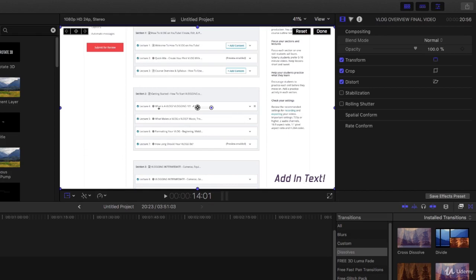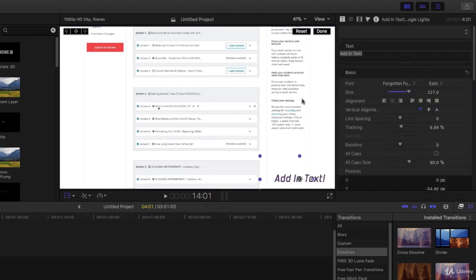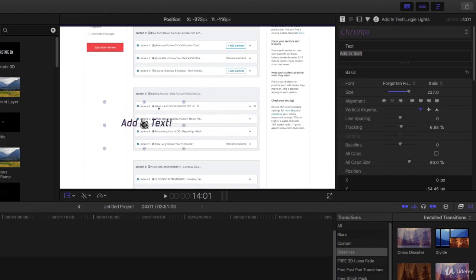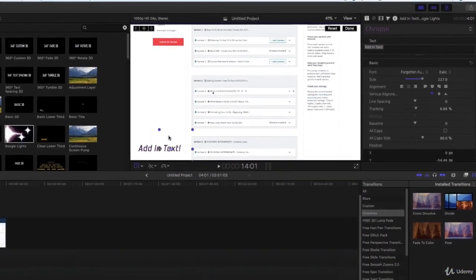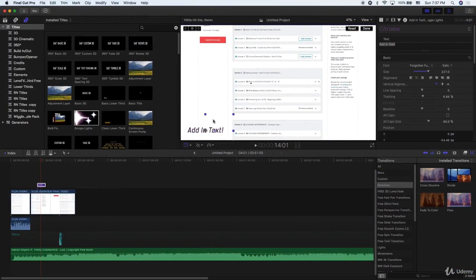Okay, so you can also transform, crop, distort, stabilize, and this is, again, though, we're not on our text. So if I go ahead and click on our text, this is what our main text is going to be, and this is where now I can actually move this around and use all these different options in my inspector. So that's what's so important, and kind of just some of the basics to adding